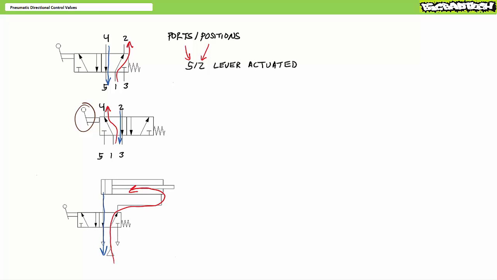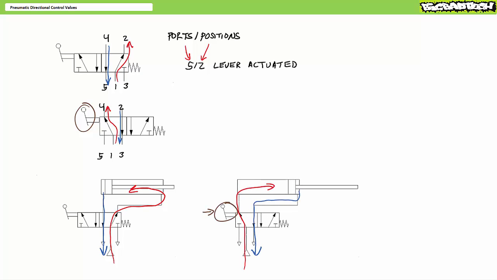In the deactivated state, pressurized flow at 1 is routed to actuator port 2. Pressurized air enters the rod end of the cylinder. Actuator port 4 is dumped to exhaust port 5. The cap end of the cylinder is exhausted to atmosphere. The cylinder retracts. When an operator actuates the lever, the spool moves into an activated state where pressurized flow at